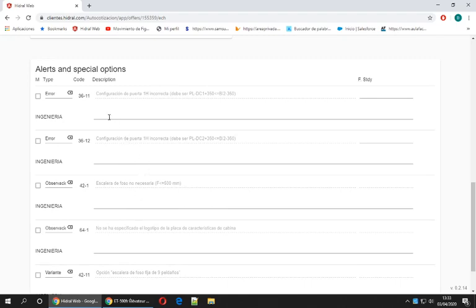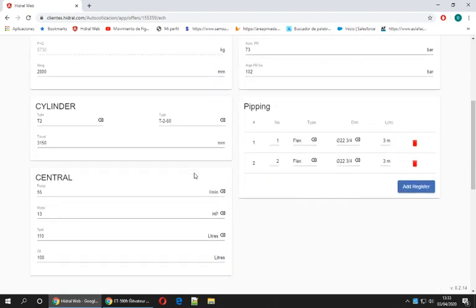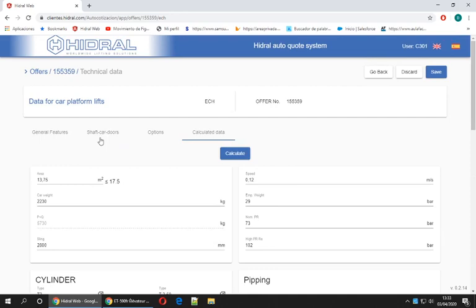Okay, here the first one, it says that this is a mistake, that I don't have enough space for the door. Okay, I knew that. We're gonna check it. This one also here is exactly the same because we have 2 accesses. So this is telling me that I don't have a space for the door. I have to change it. Okay, we're gonna change it. We go to the doors,